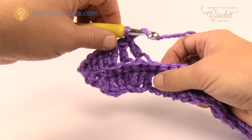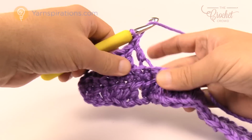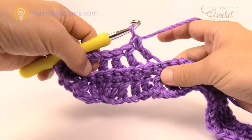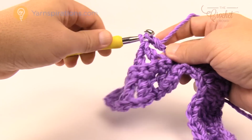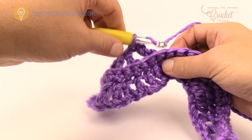Okay, skip the next stitch, double crochet in the back loop. Skip the next stitch, double crochet in the back loop. And you do that so that you get 5 of these double crochets that sit by themselves. There's only 4 here, so I skip the next one and double crochet in the next back loop. So now I have my 5 here that are in the bottom, so we skip 1 more and then we